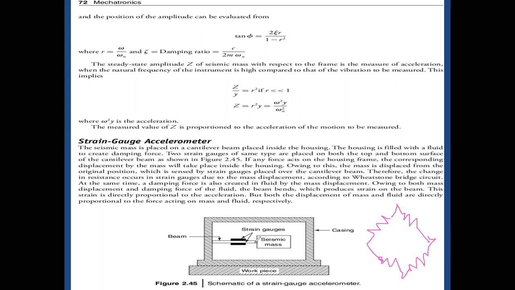So the changes observed by the strain gauge are measured by the resistance. Obviously it is proportional to the change or variation of the resistance,